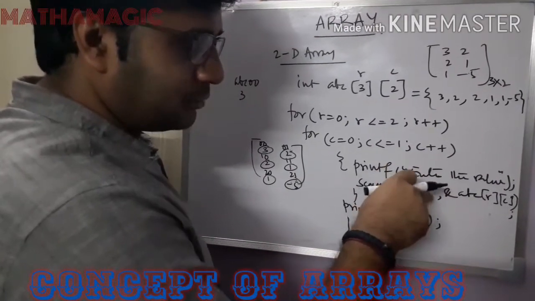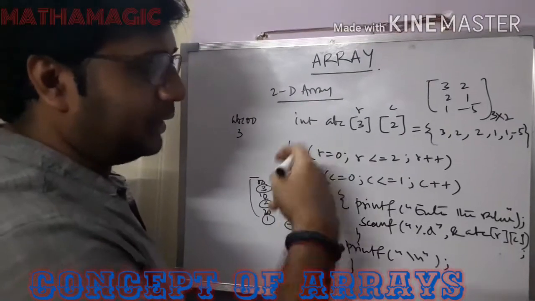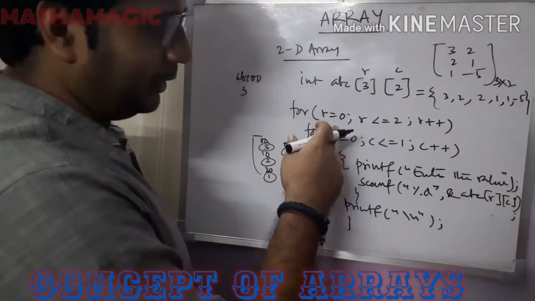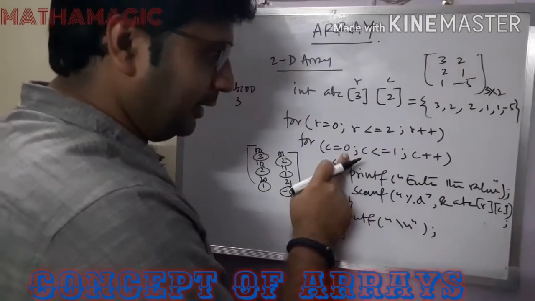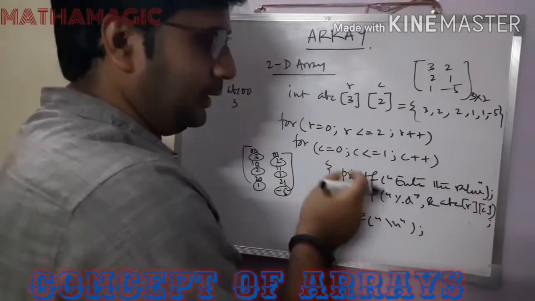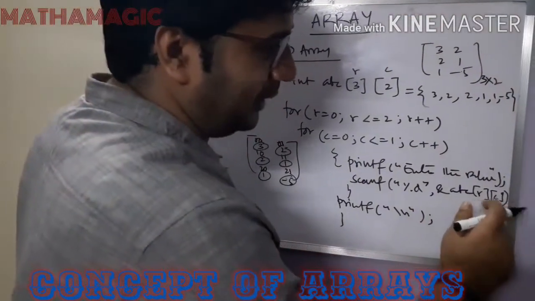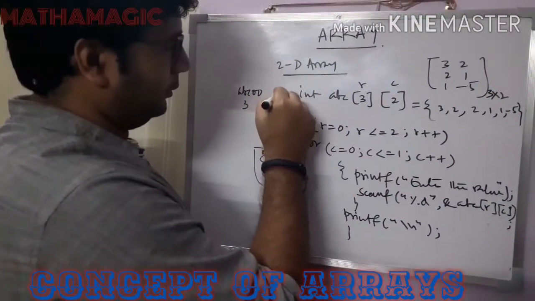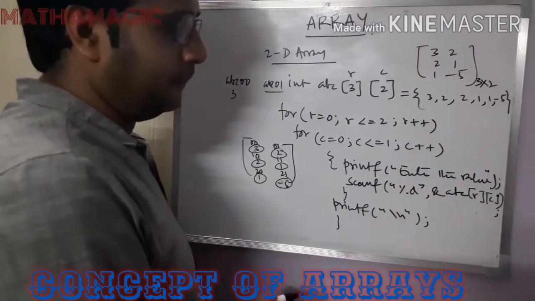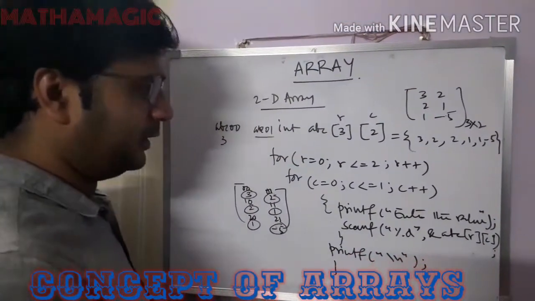Now just try to understand. Now C will be incremented because we have given the increment sign here. So C will get incremented up to 1. 1 means this also satisfies the condition, so it will enter the loop again, but here the value of R remains 0 only. So what will be the ABC value? ABC 0 1, right? Just try to understand the concept very carefully, because it is a bit confusing the first time. Once you have understood the concept, it will become easy.